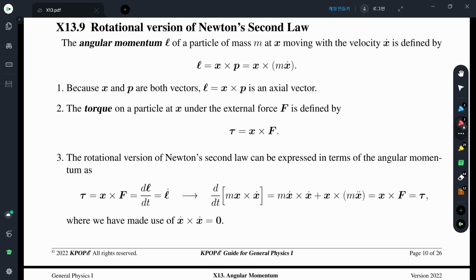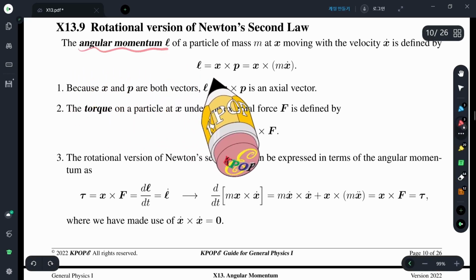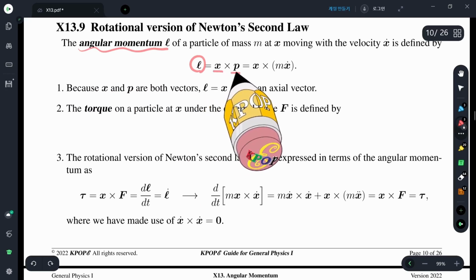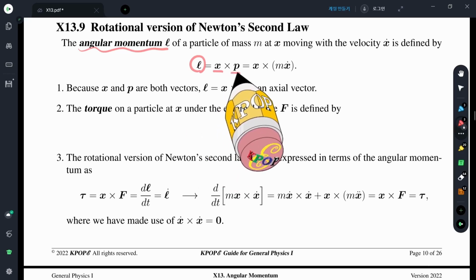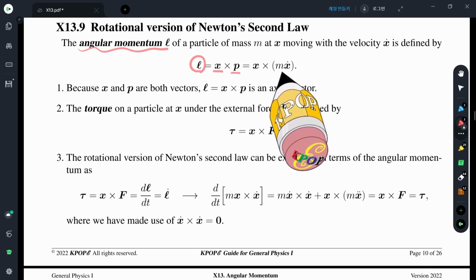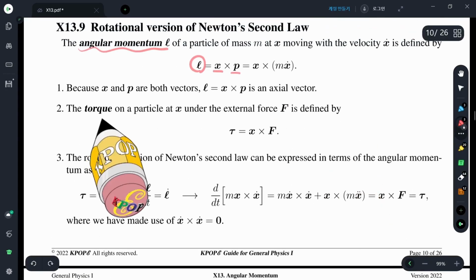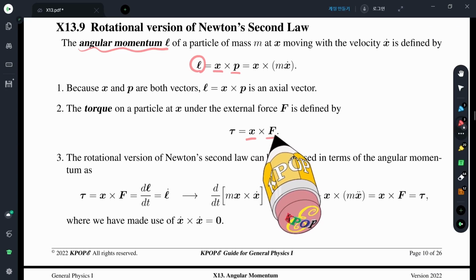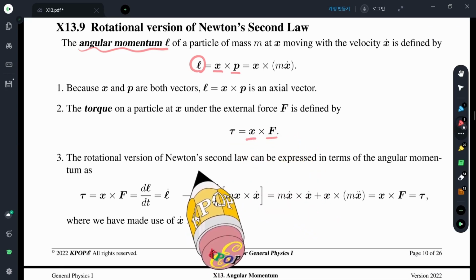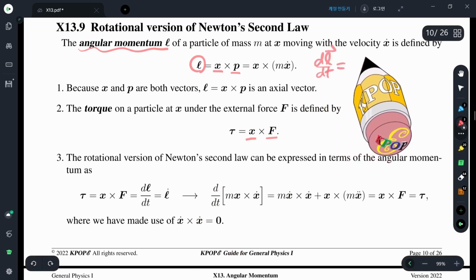We continue to consider the rotational version of Newton's second law. Now, the orbital angular momentum is expressed as the cross product of x and linear momentum, and we replace this p with mass times velocity. We define the torque to be x cross product with F, where F is the external force on an object. We find the time derivative of angular momentum is